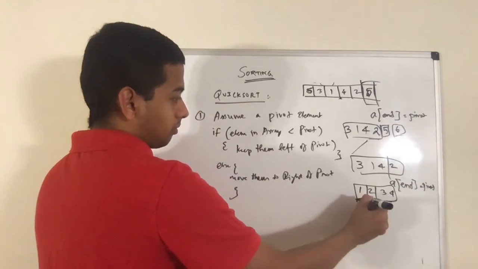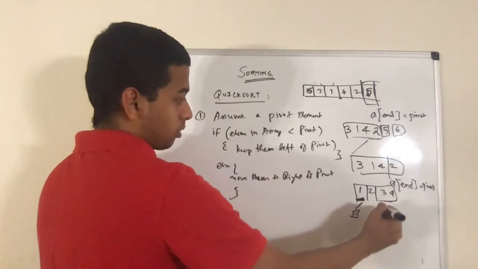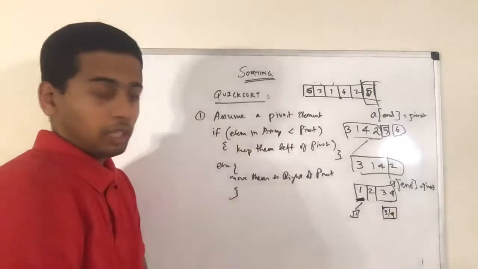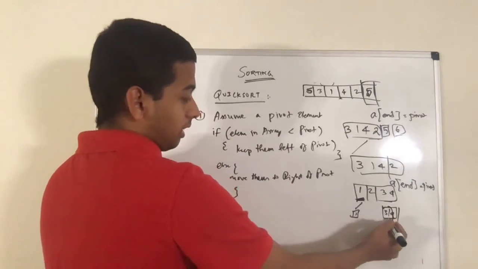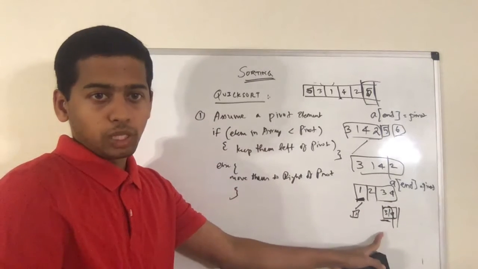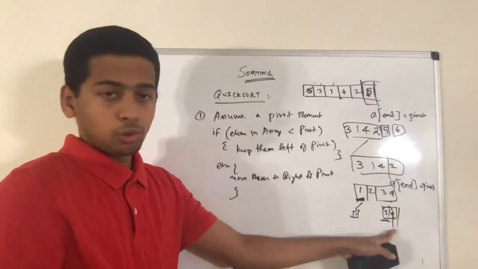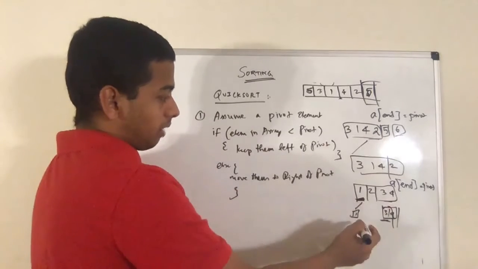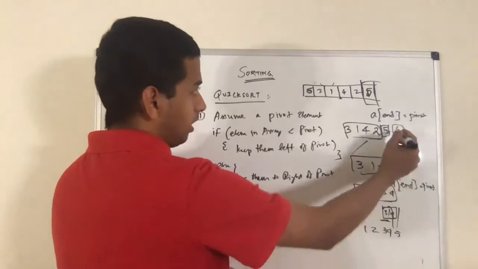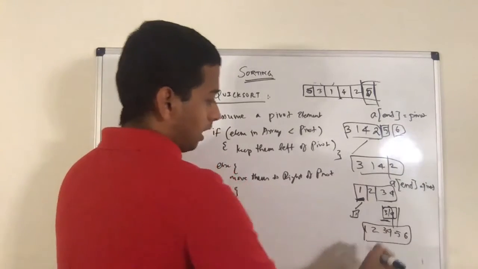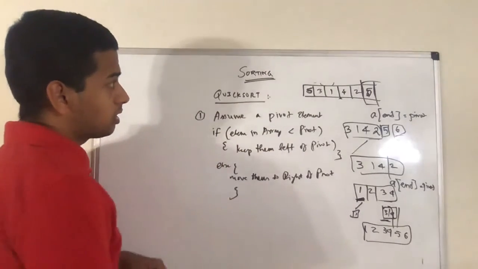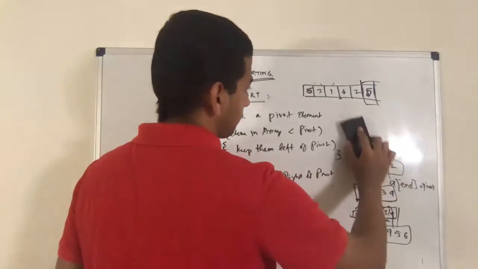Now left of pivot is one array, that is only 1, so it is sorted. Right of pivot is another array, that is 3 and 4. I told you that the last element is the pivot and there is only one element smaller than it, so it will be sorted. So it will be 3, 4. Okay, so there is no change in this. Now, if we just build this array up, it is going to be 1, 2, 3, 4, and 5 is here and 6 is going to be here. So this is my final output. Okay, so this is how my final output will look in this case. Let's do this algorithm for this logic. Let's write a program.